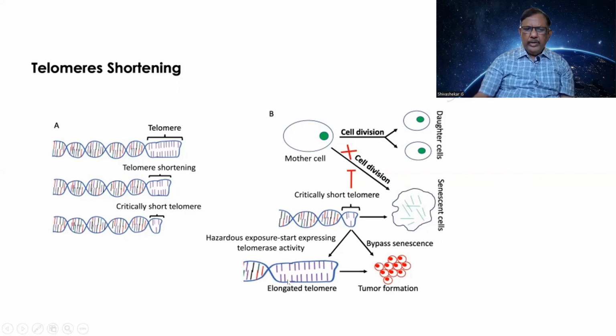So, on the contrary, there can be an elongated telomere. It is a corollary of it. What happens if the telomere keeps on expanding? It becomes unlimited. You find that there can be a proliferation of the cells and an uncontrolled growth or a tumor. There is a bypass of the senescence and there is a formation of a tumor. If you go to various topics such as chemical carcinogenesis, etc., these are given. I shall take a detailed topic of telomeres for the postgraduates.